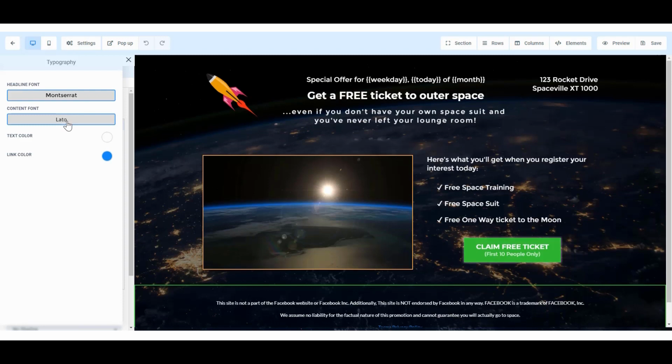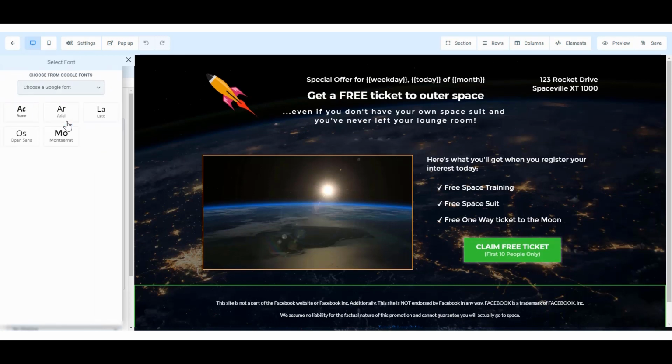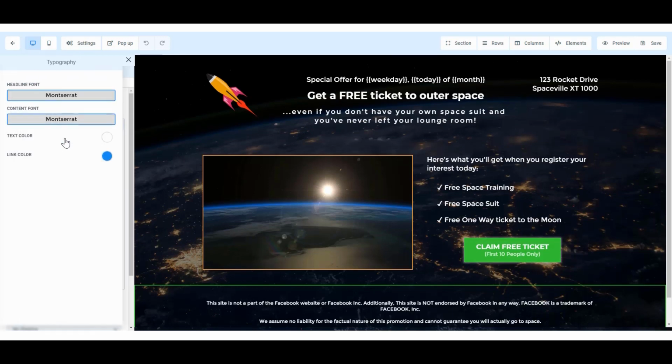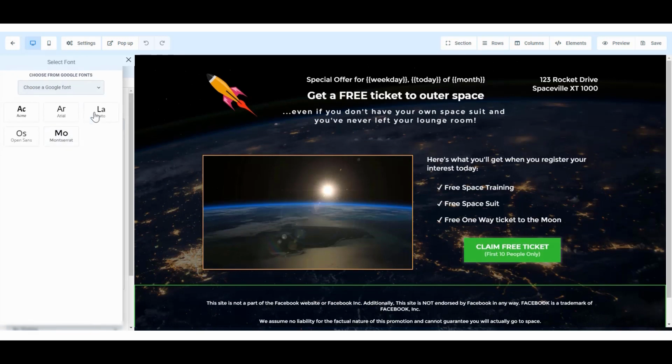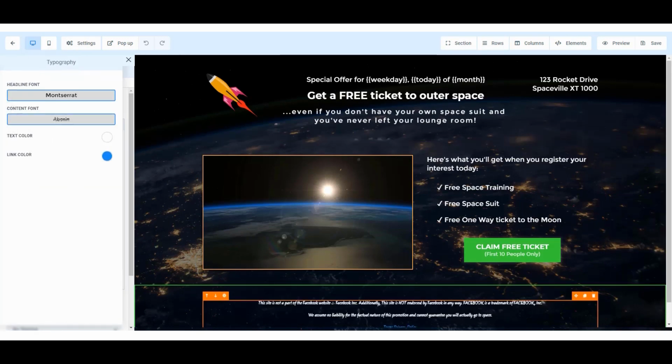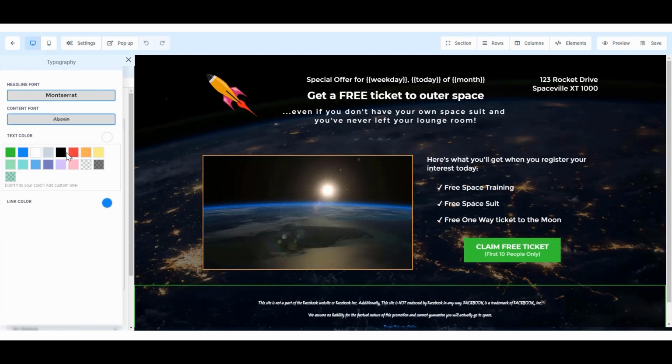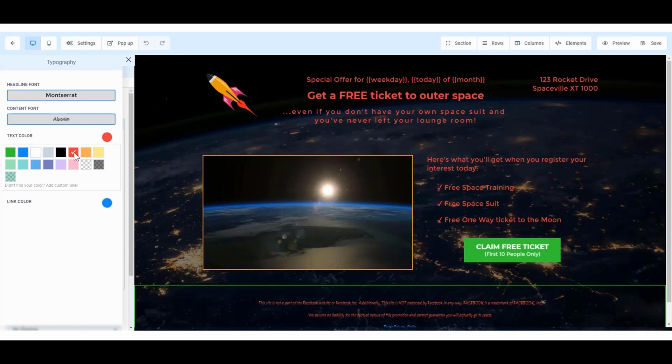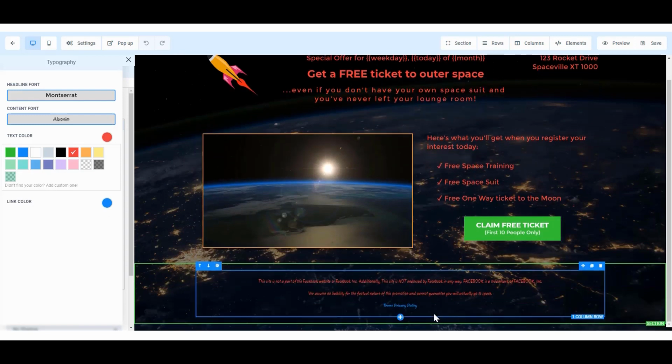Same with the content. So anything that's listed as a paragraph, you can adjust those settings here. So you'll see on this example page, the only part I'm using a paragraph is this bottom disclaimer area. So as I change it, it changes anything that's set as paragraph. Right? And again, you can change the text color of the whole site using this, and this will affect both headlines and paragraph text. And you can also change the links, and you'll see right down the bottom of this